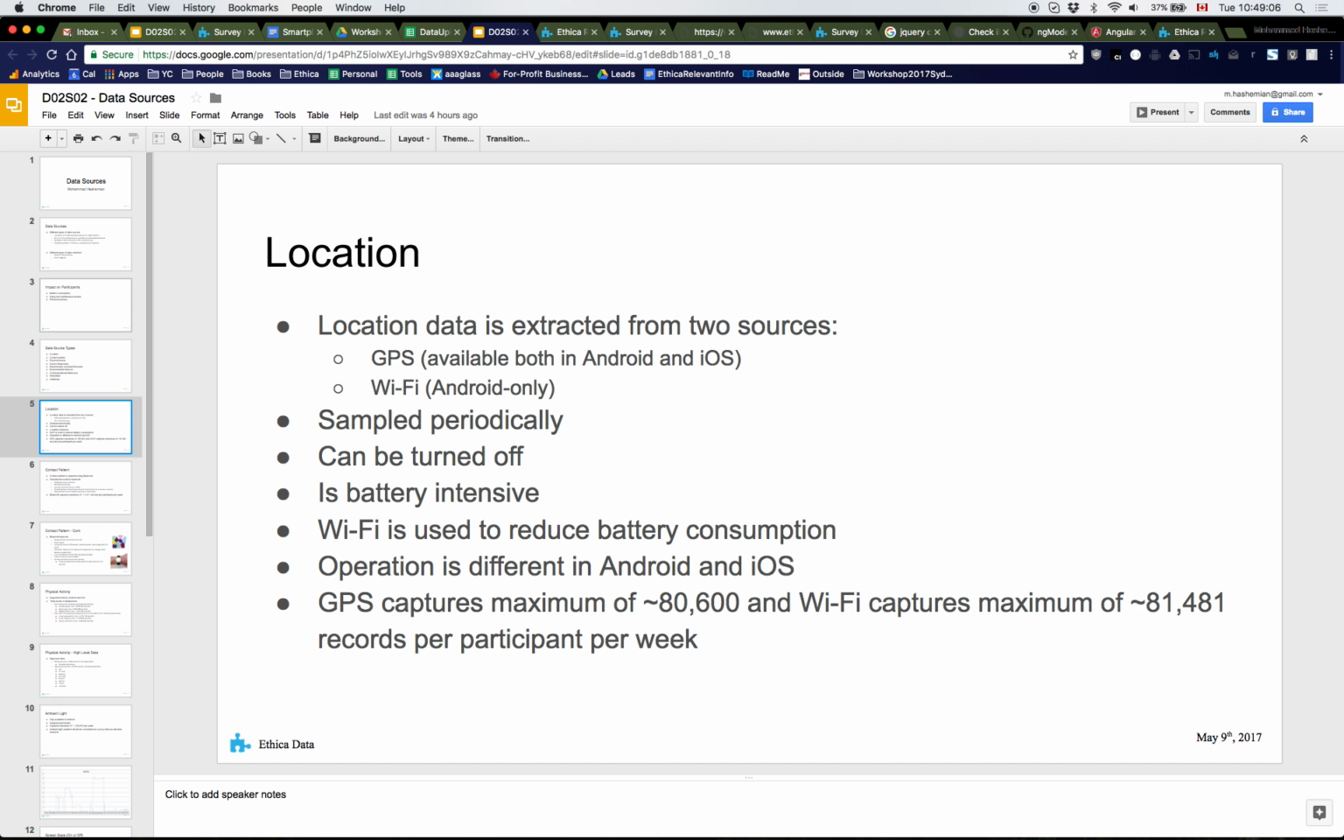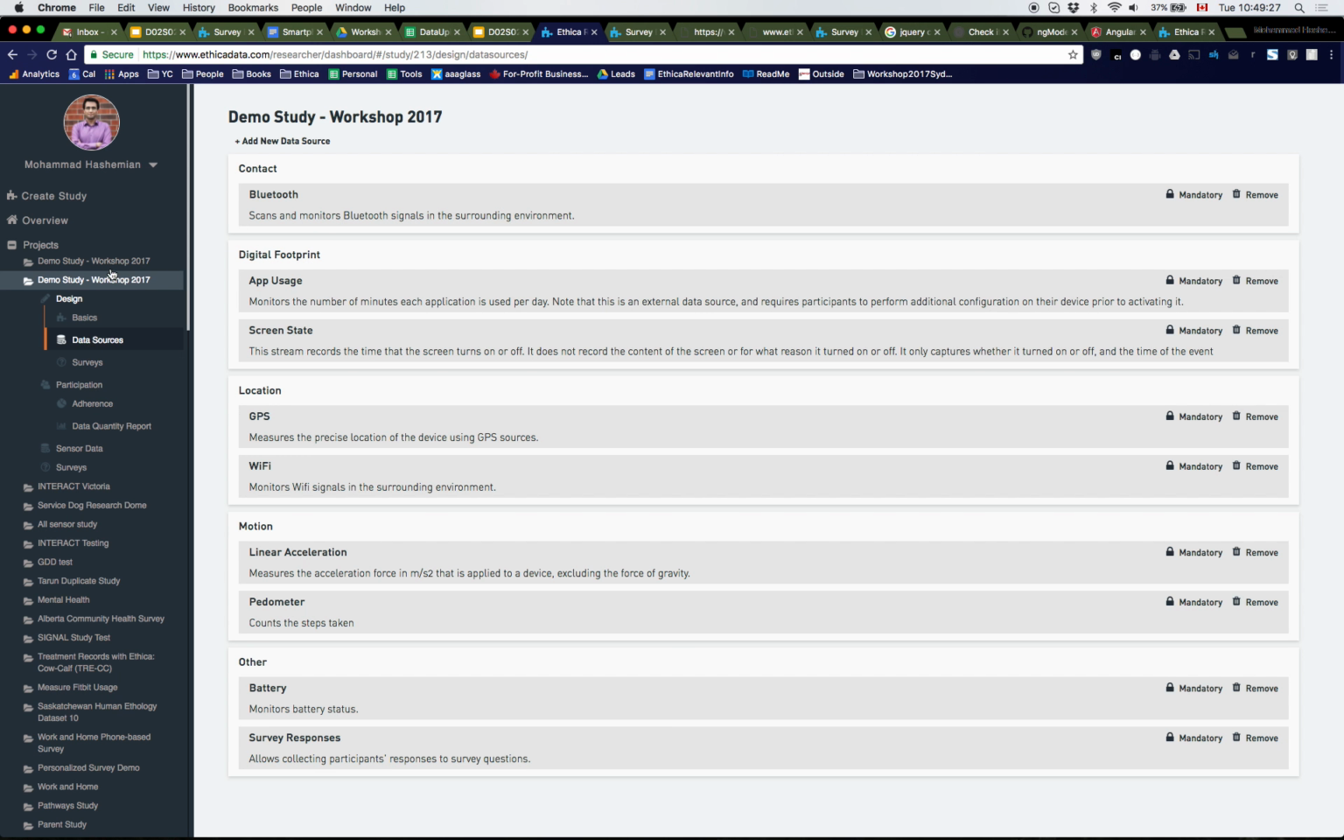We look at it right now on the site as well. This GPS captures roughly 80,000 records per week per participant, and Wi-Fi is also about the same, 81,000 records per week per participant. So, to show how that looks,